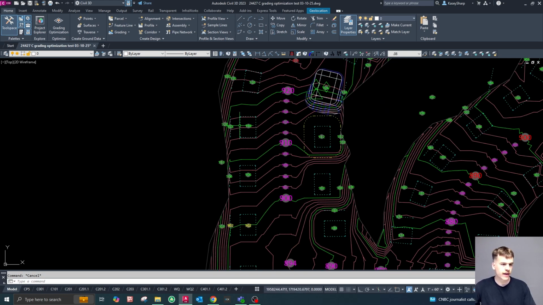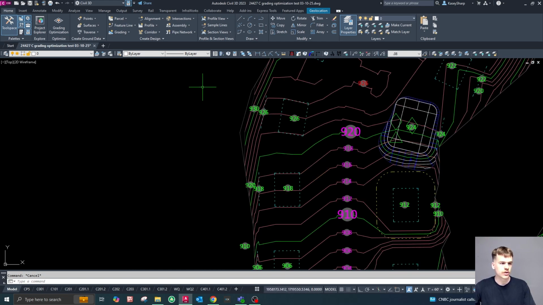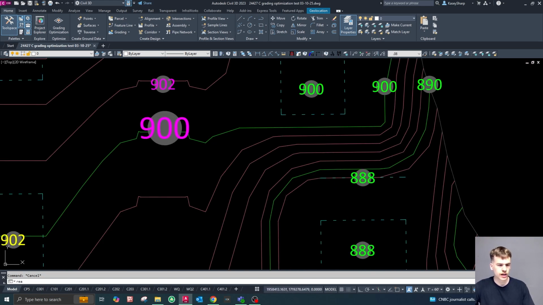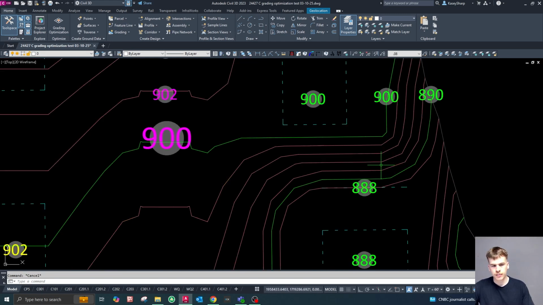So on the left side, we haven't done that yet, and we're going to use the grading creation tools in Civil 3D in order to do that for us and make our job a little bit easier. For these guys, I went through by hand, piece by piece, and generated a surface. But what I was doing was creating, if you give me just a second here to turn on the correct layers, I was essentially